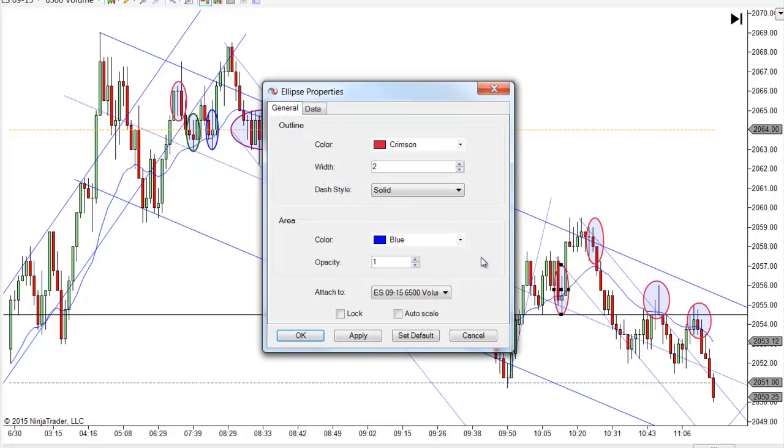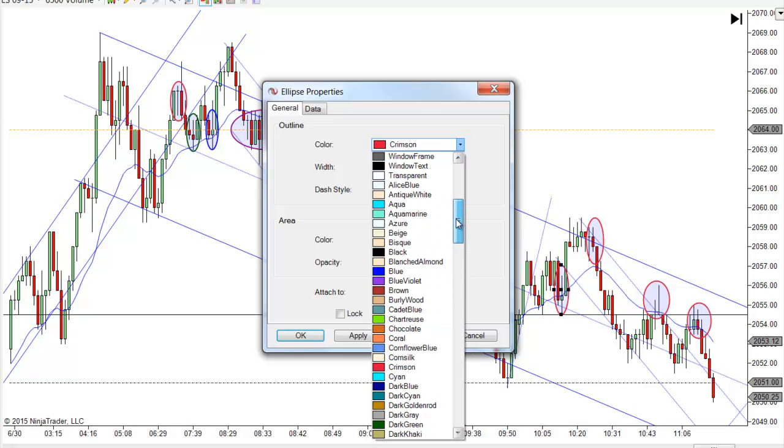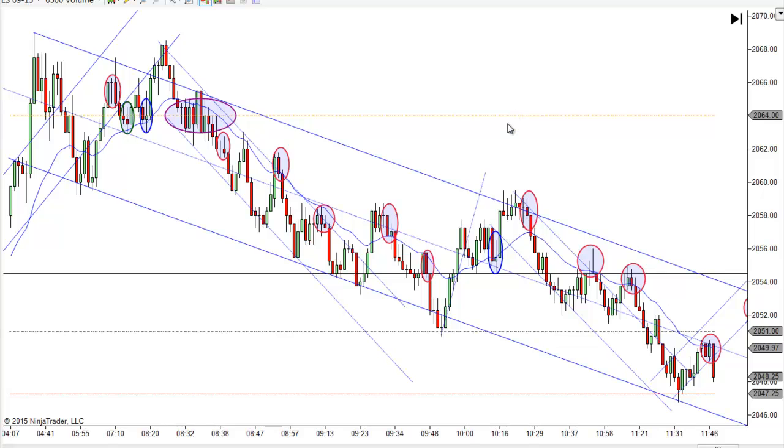This is actually a long right here that I forgot to change the color on yet. So before I forget, let's change the color on that. And sorry to interrupt what I was talking about. But anyway,